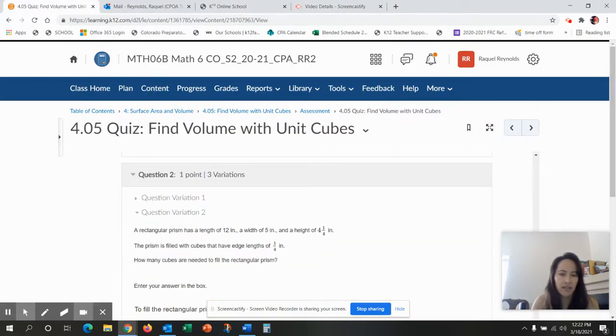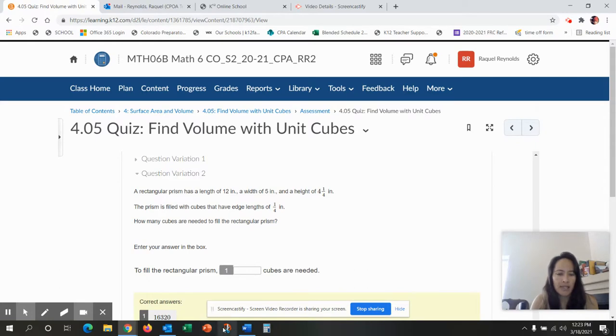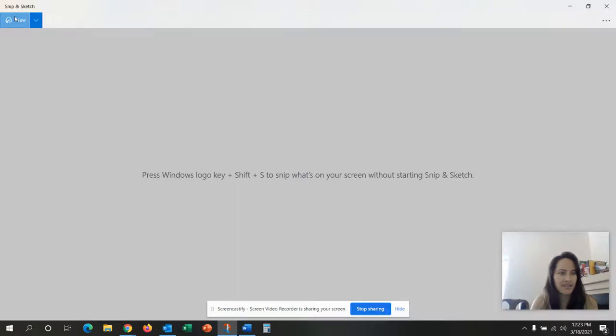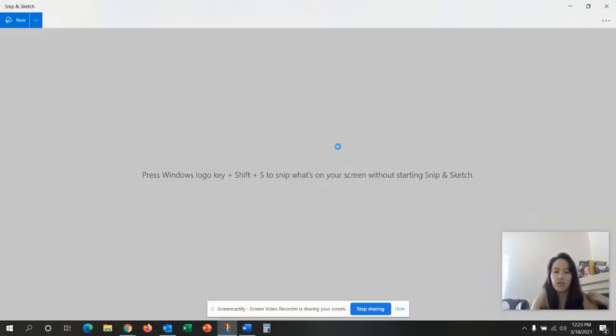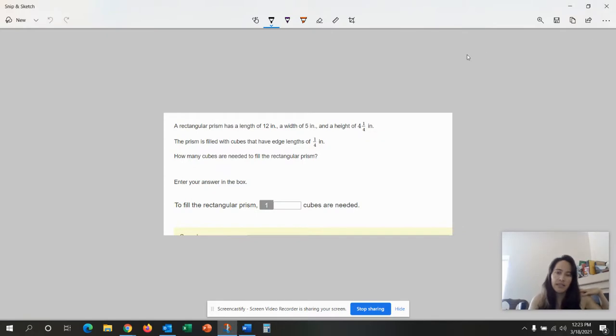Let's do this one. A rectangular prism. How many cubes? That's a lot of cubes. I saw the answer already. Let's take a picture of this and keep going. This is question 2, variation 2. If a prism has a length of 12 inches and a width of 5 inches and a height of 4